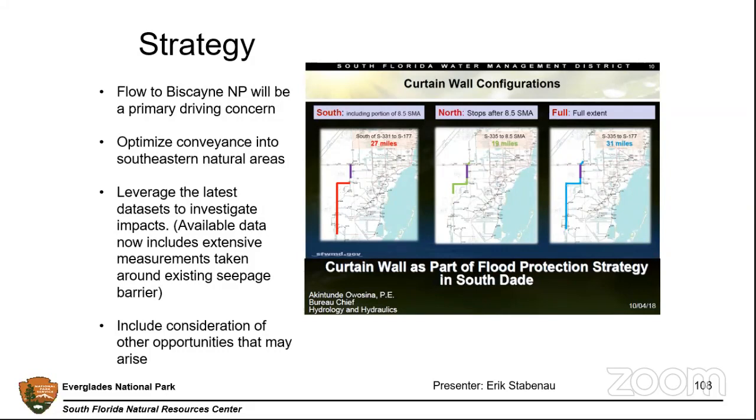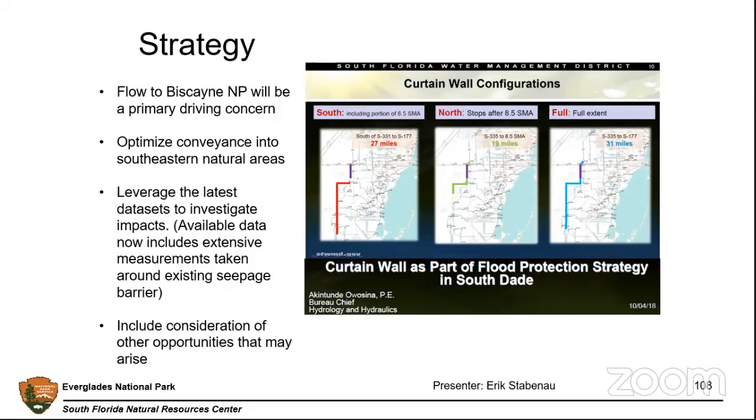We want to make sure that we're optimizing conveyance into what I'm calling the southeastern natural areas, which are really the areas defined by the BBC, the C-111 West, and the BBCW projects. I've had a discussion, and I'm glad to see that some of our Natural Academies people are with us today. I've had discussions where